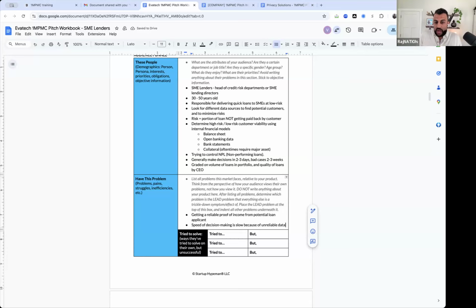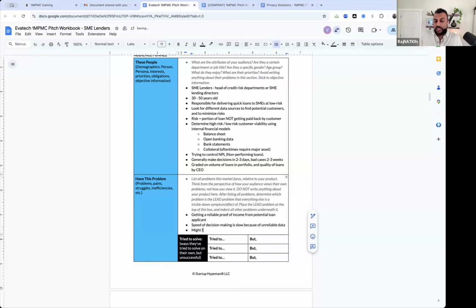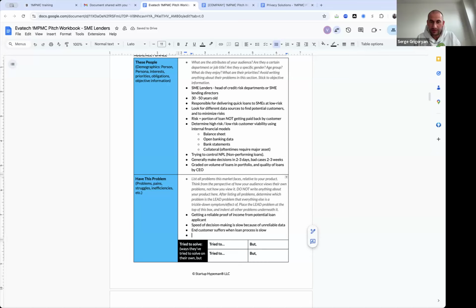Right. So they might lose out to, let's assume it's a world where your product does not exist yet. Are they still at risk of losing out to another competitor? Yeah, then no, then just the customers suffer because they get loans in 3 weeks, and for a small business to get a loan after 3 weeks, it's death in some cases. So the client, the end customer often needs the loan ASAP. Yes.